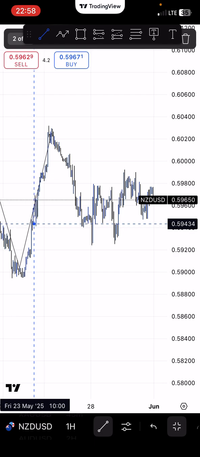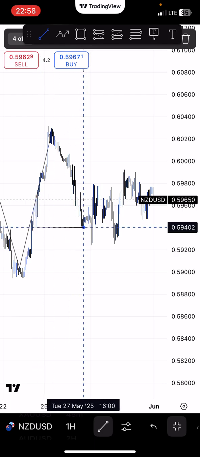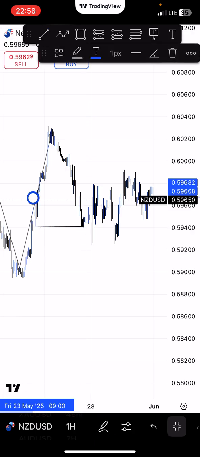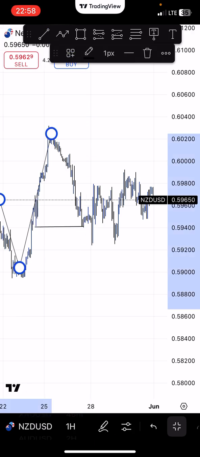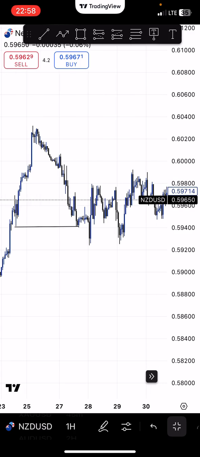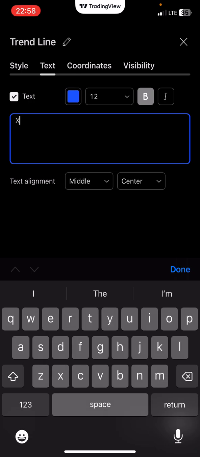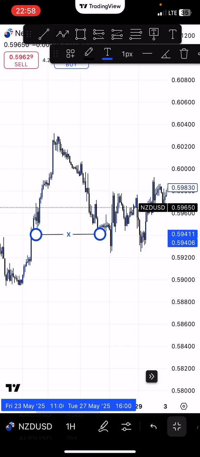So this actually is a liquidity that the market took out and then started pushing up. Most people can call it sell stop, and the market chased to that point, swept it, and started pushing up, which I'll mark as X. Moving on,